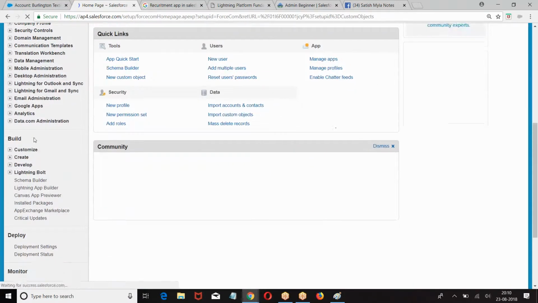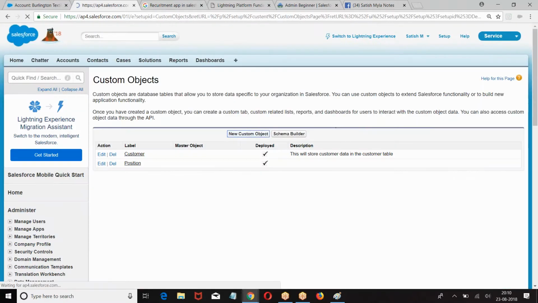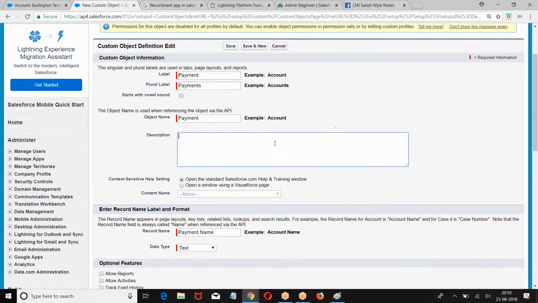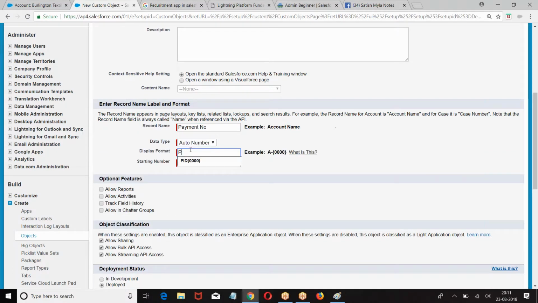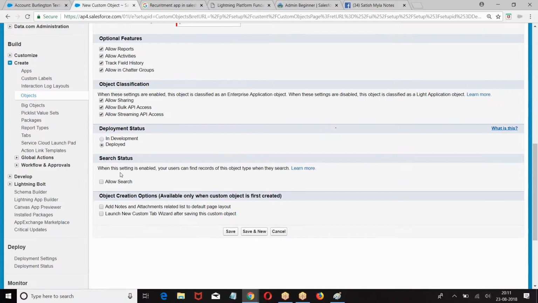Setup, build, create, objects, new custom object, payment, auto number, hello search. Now what is the last one we have?